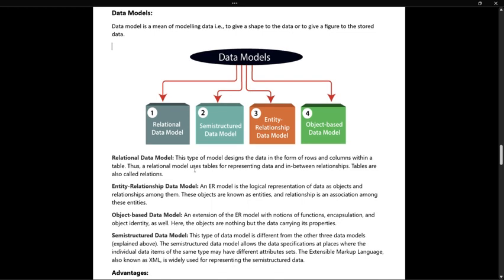Relational data model is nothing but a type of model that designs the data in the form of rows and columns within a table. Thus, a relational model uses tables for representing the data and the relationships in between. Tables are called relations. So see guys,